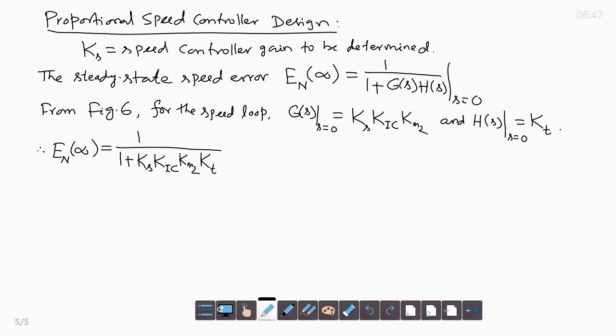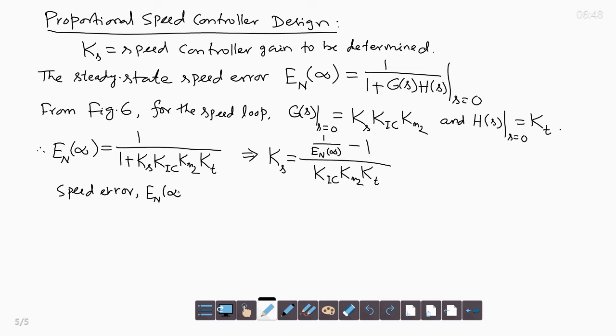Kt is the tachogenerator gain constant, the speed feedback gain constant. So this implies the speed controller gain Ks equals 1 upon the steady state speed error minus 1, divided by KIC